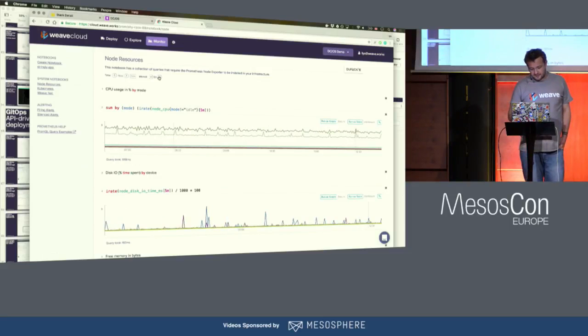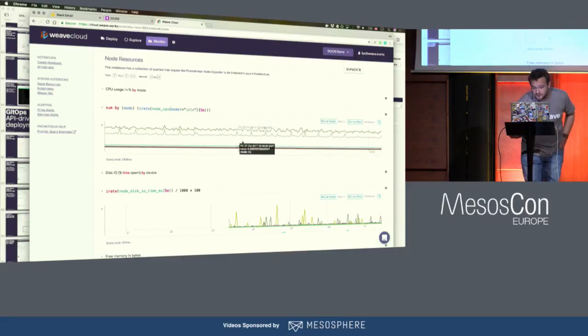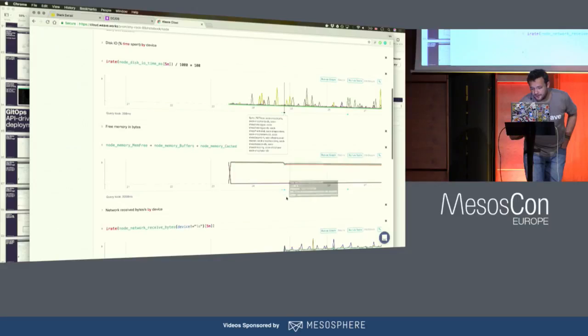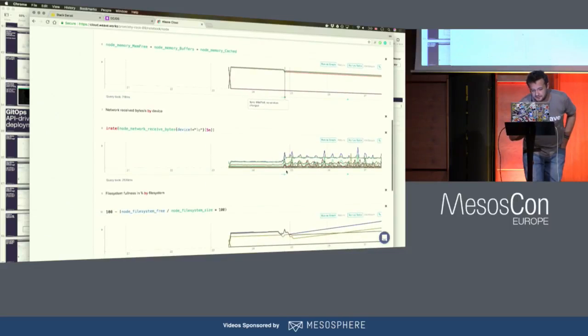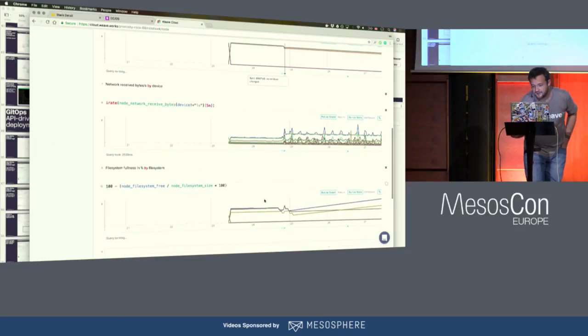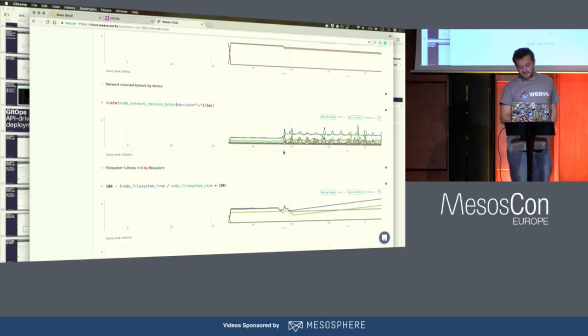So we can take a look at the last couple of days, for example, a whole week even. Actually, we can see the deploy event here, right? What I showed in the screenshot earlier, we can see that there's a particular git commit deployed at that time, and there were some other things deployed earlier. And this is probably the time when I created the cluster. And here, I think, is when I deployed the sock shop. We can see definitely spikes in all the graphs around about this time. So yeah, that looks like when I deployed the sock shop app.